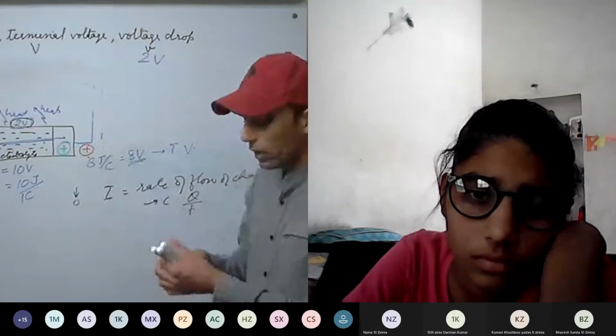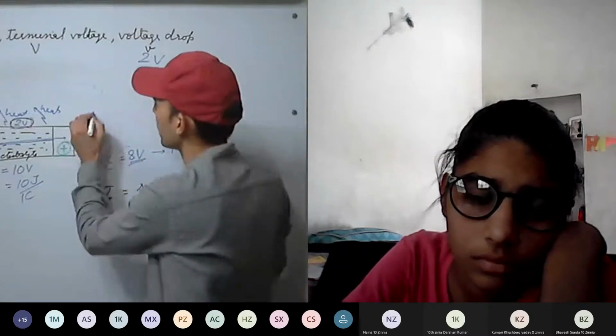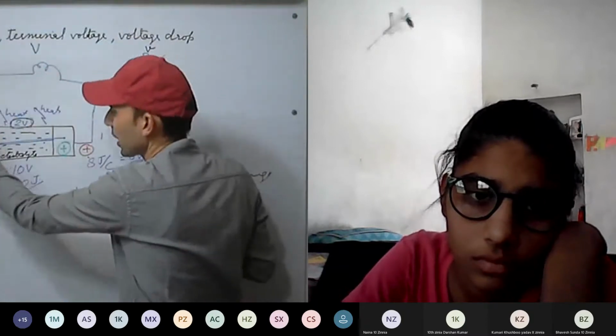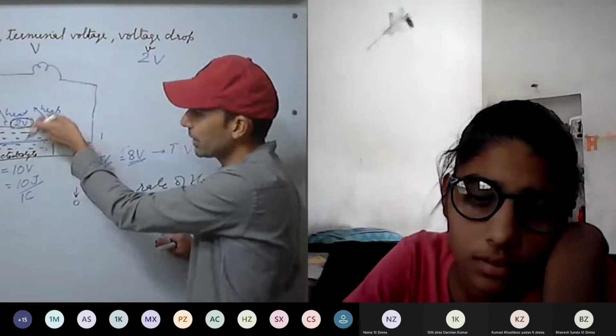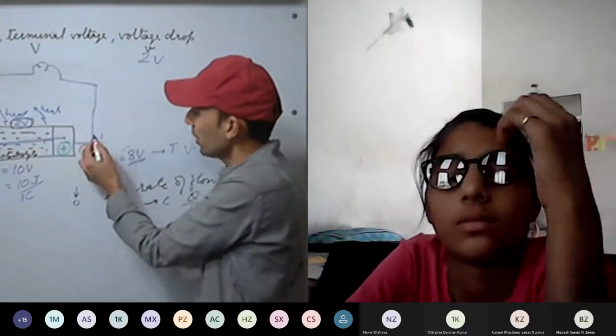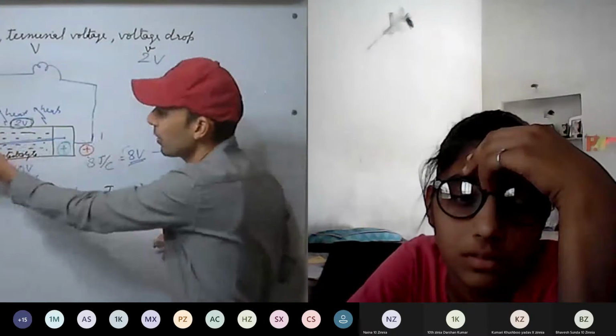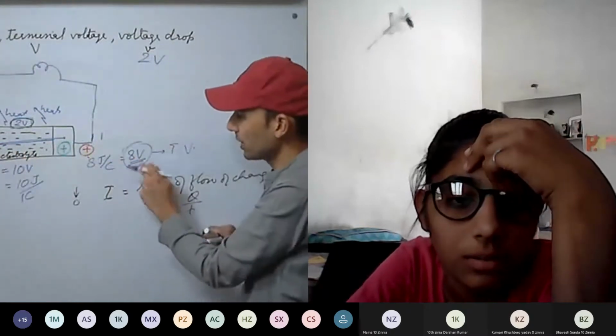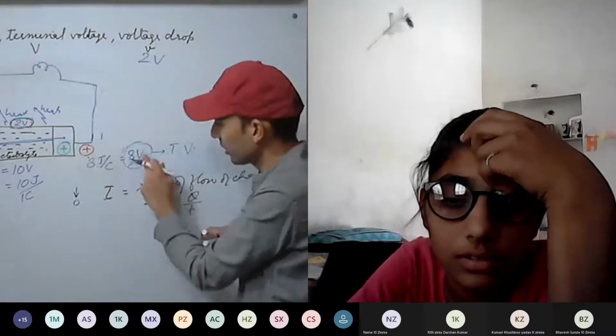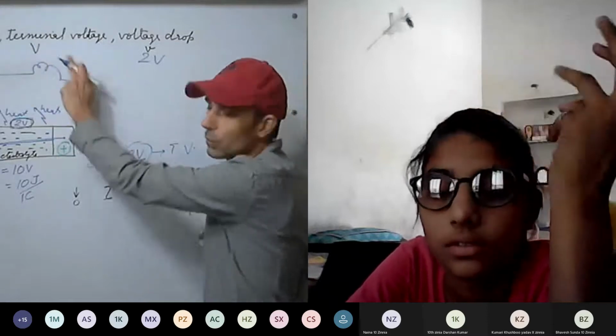Okay. Now, when the circuit is closed, current flows, internal resistance will be there, and some energy will be dissipated as heat. So the remaining available will be less, that is 8 volt. This positive charge will contain only this much energy. This much energy is only available to do the work.